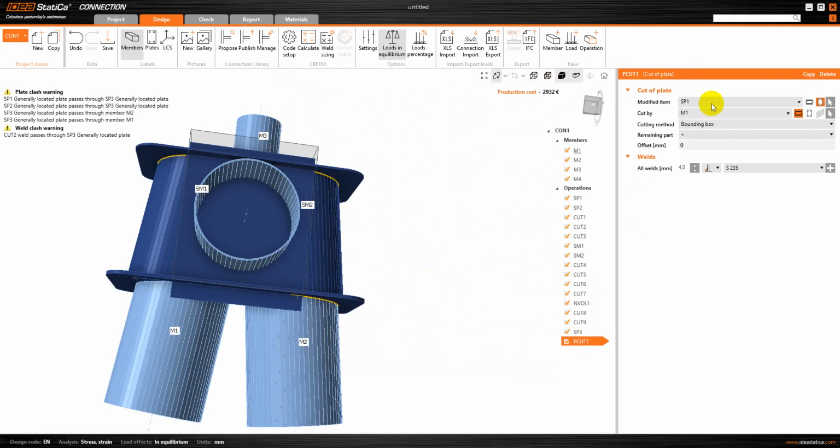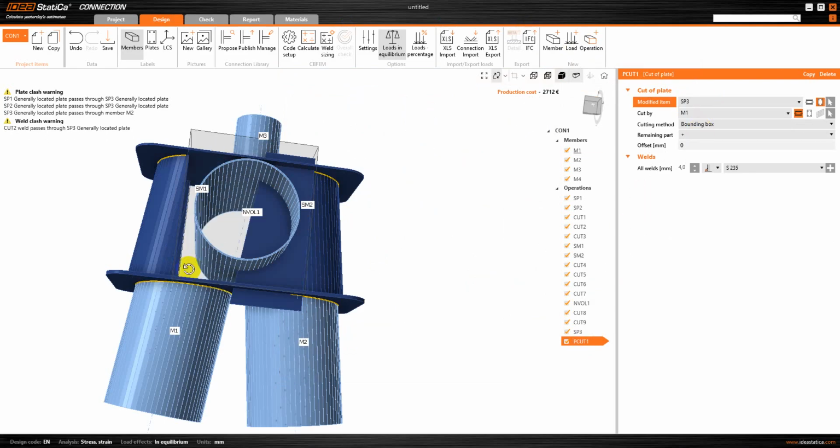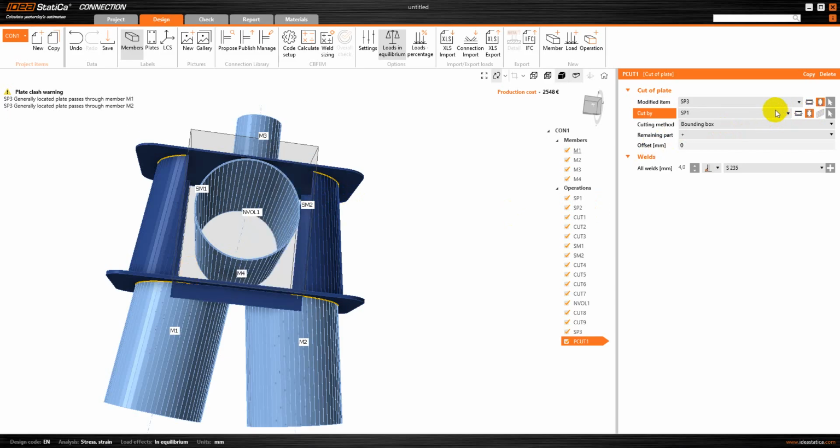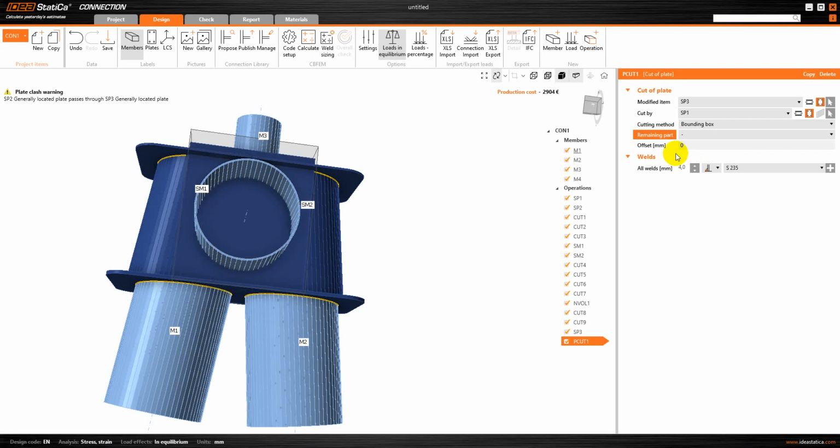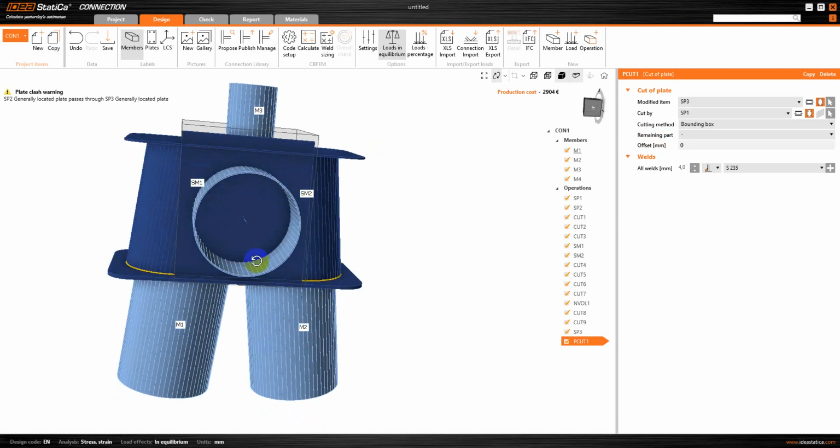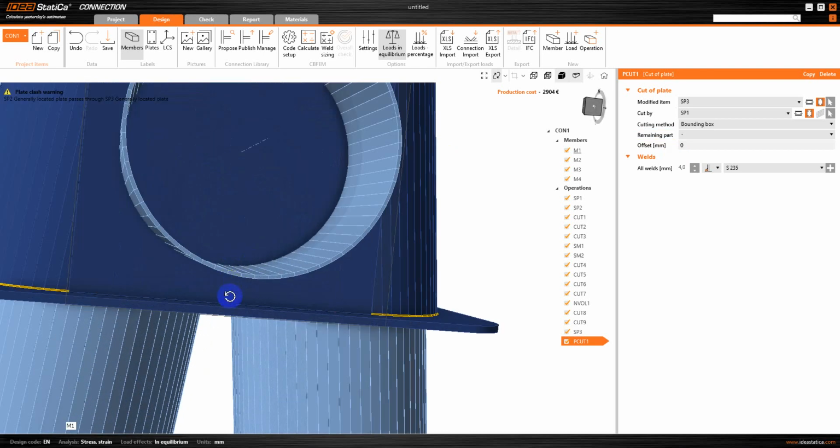We are going to cut the modified item SP3, so this is SP3, cut by SP1. This is SP1, and then we need the remaining part here. Now we can see only the bottom portion, but it should be like this. Here a cut operation has been performed,